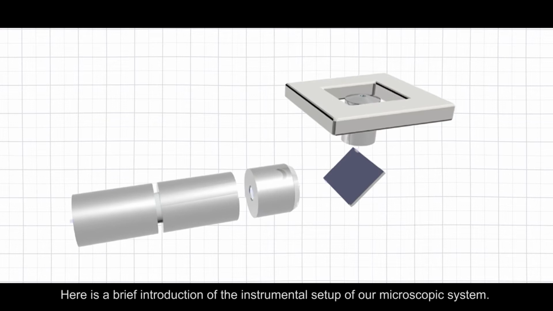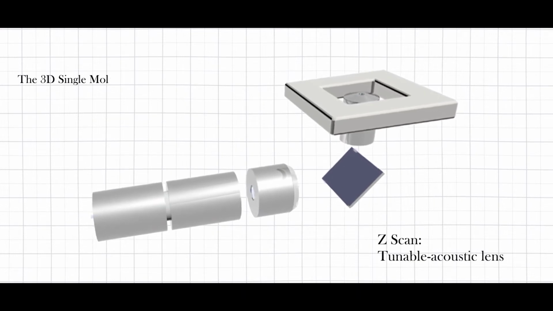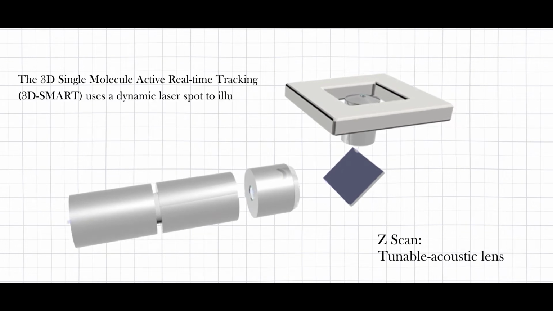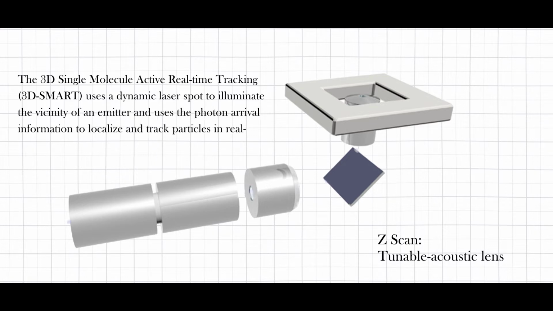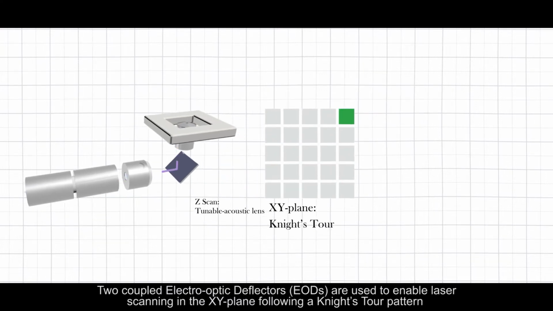Here is a brief introduction of the instrumental setup of our microscopic system. The 3D single-molecule active real-time tracking uses a dynamic laser spot to illuminate the vicinity of an emitter and uses the photon arrival information to localize and track particles in real time. Two coupled electro-optic deflectors are used to enable laser scanning in the XY plane following a Knight's Tour pattern, and